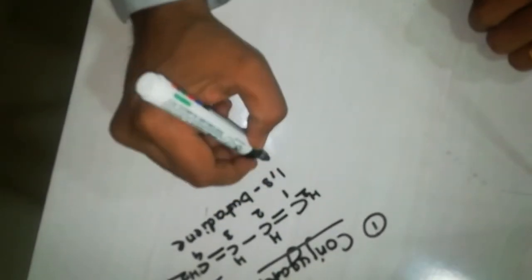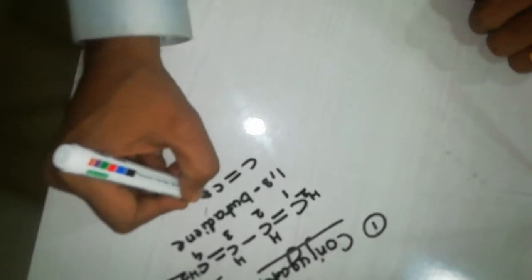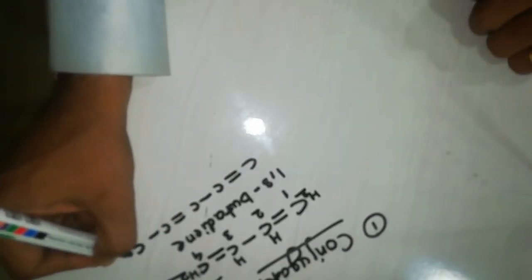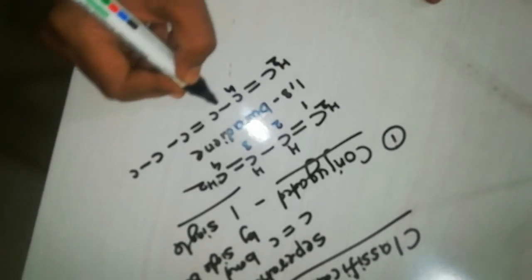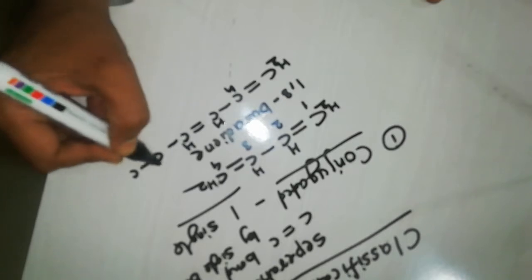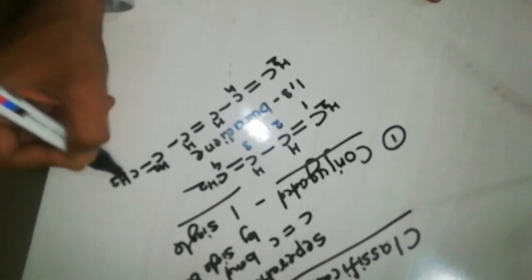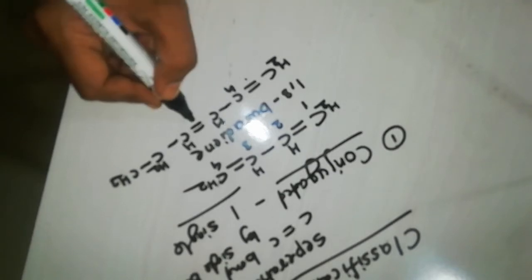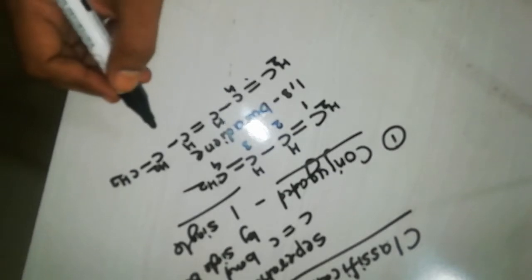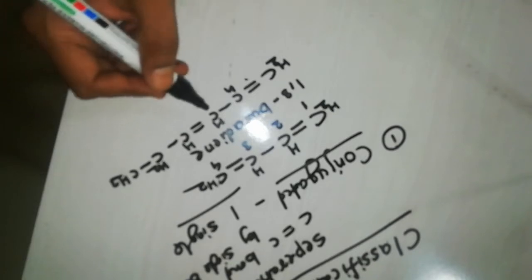Similarly, you can have n number of examples, like a system where you have many carbon atoms. We just fulfill this like CH2, CH, CH, CH, CH2 and CH3. What you have to look at is the separation between the two double bonds. The two double bonds are separated by one single bond, so it is a conjugated diene.